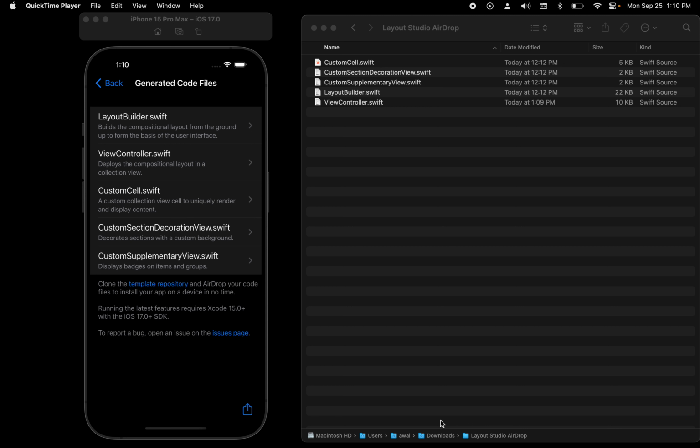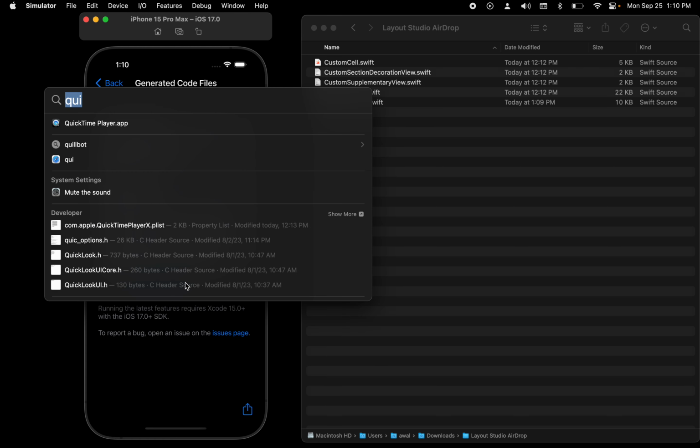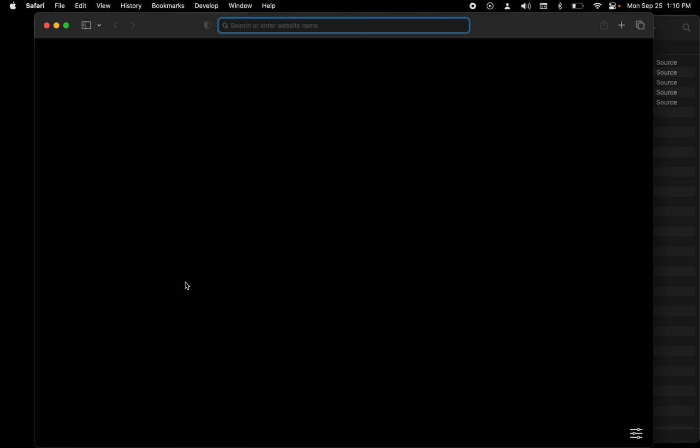Okay, so now I'm on my laptop and I've opened Finder to the folder containing the generated code files that I airdropped from Layout Studio to my laptop. In Layout Studio, under the generated code files, there's a link to a template repository. You'll also find this link in the video description. Copy this link and open your web browser